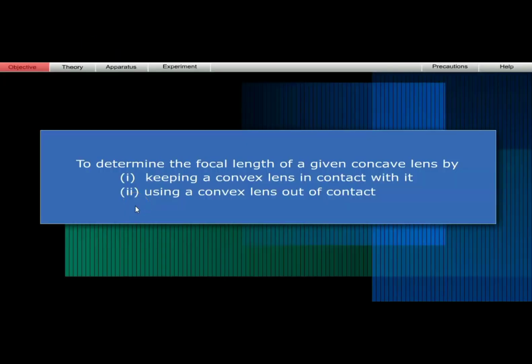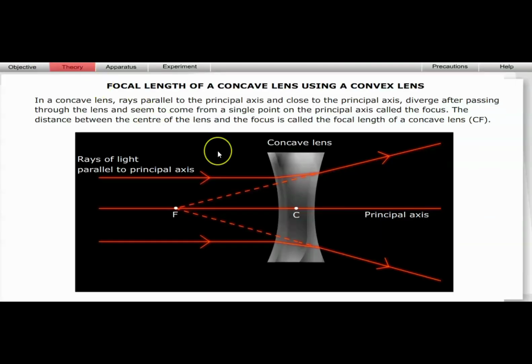Now, my good student, let me take you through a practical in physics. The title is to determine the focal length of a given concave lens by keeping a convex lens in contact with it, or also using a convex lens out of contact. That is actually the objective of the practical, but the theory part of it is